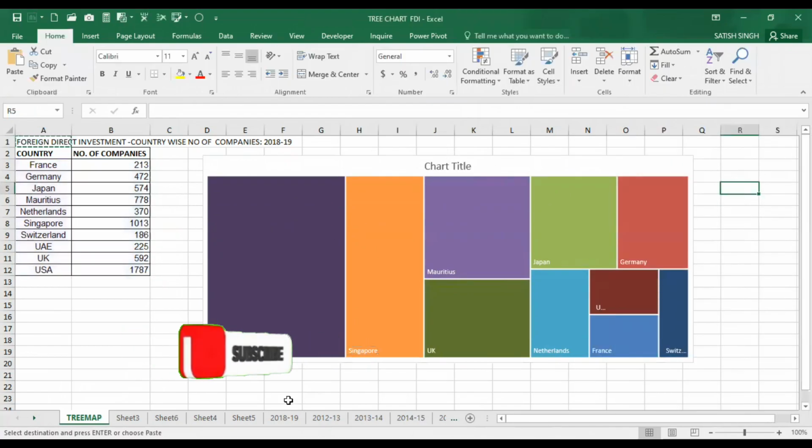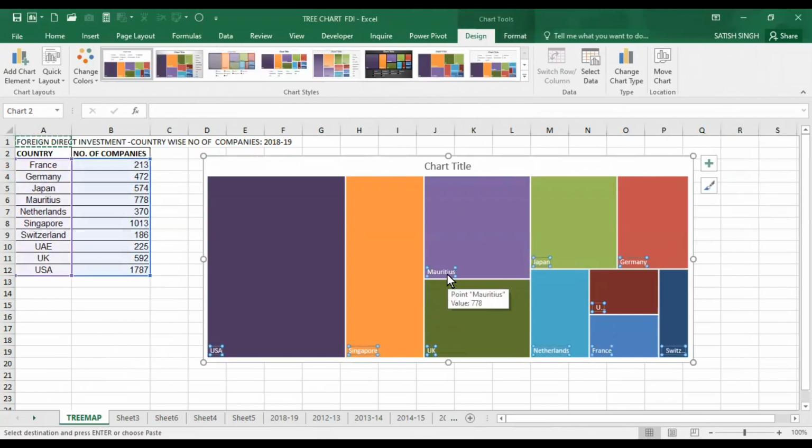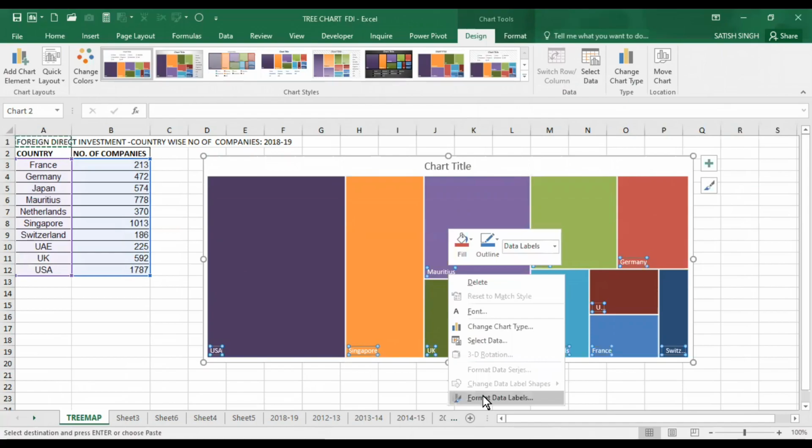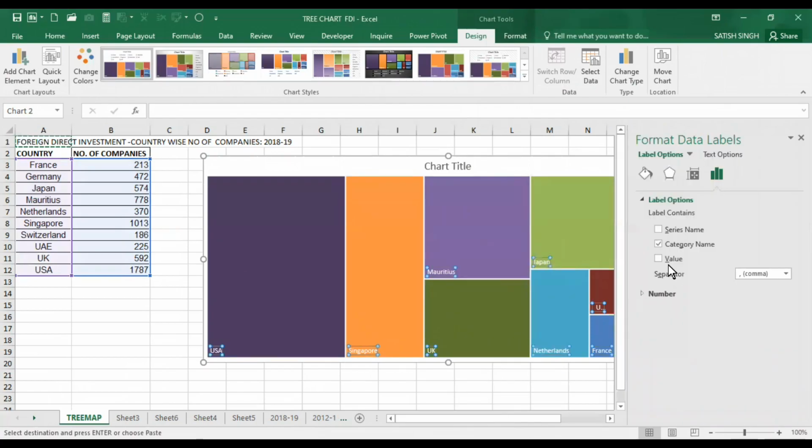After making it, next we select it, right-click, Format Data Labels, and here it is showing value. By taking values, it will show the number of companies as well.